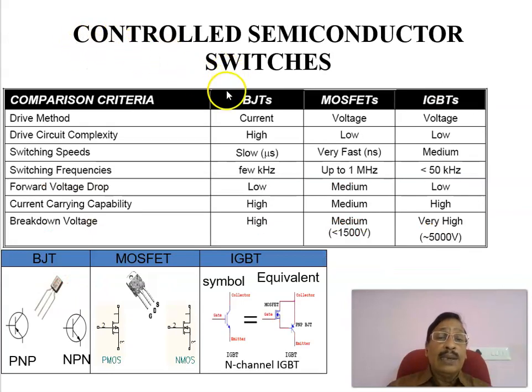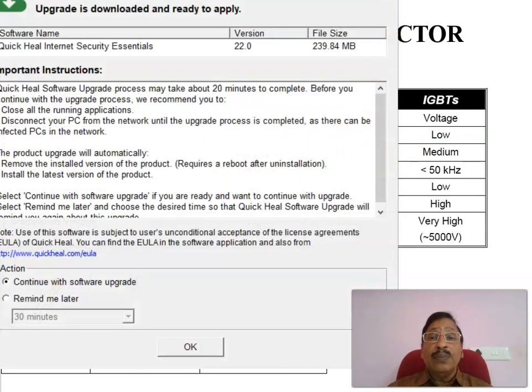In this one, we are comparing the three controlled semiconductor switches: bipolar junction transistor, MOSFET, and IGBT. First, BJT is a current controlled device or switch, and MOSFET as well as IGBT are both voltage controlled devices. Then the drive circuit complexity is less for BJT, but in this case a little more complex, high complexity. Then switching speed is relatively slow for this, and